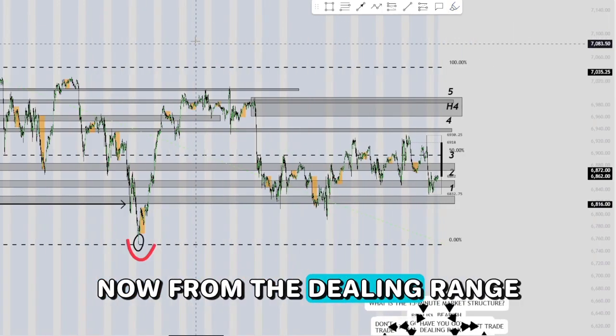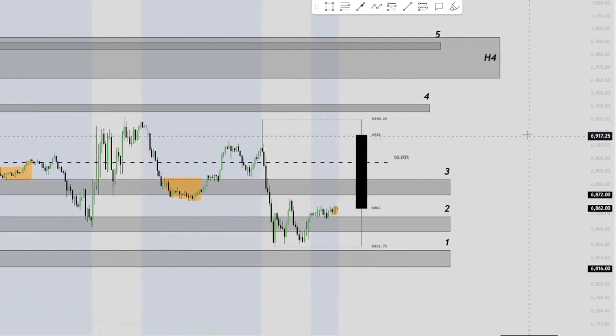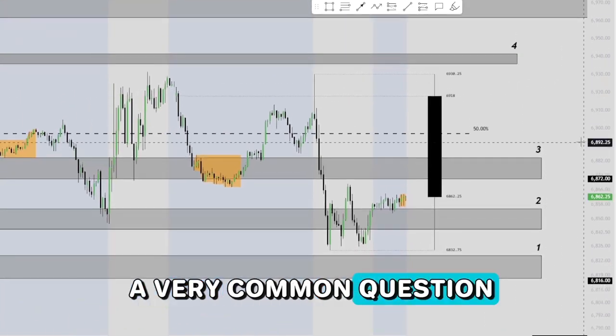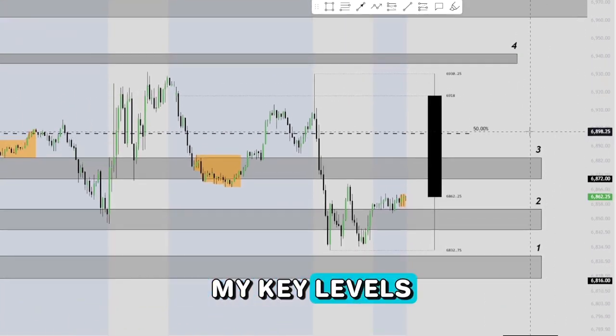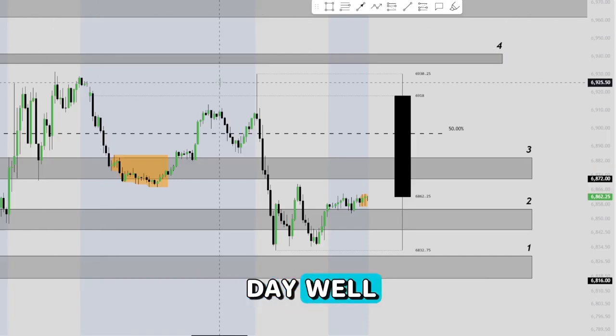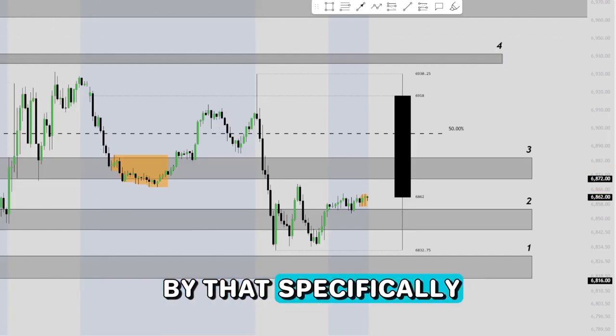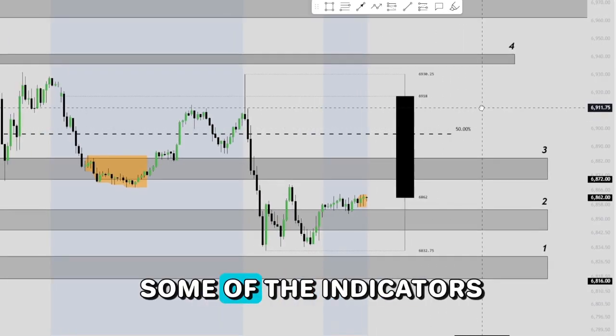Now, from the dealing range, we can begin to dissect where our key levels are. This is a very common question I get: how do I find my key levels? Today was an interesting day where we broke a few rules. What I mean by that specifically is, if I take a look at some of the indicators that I use,